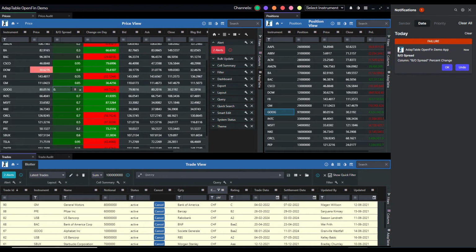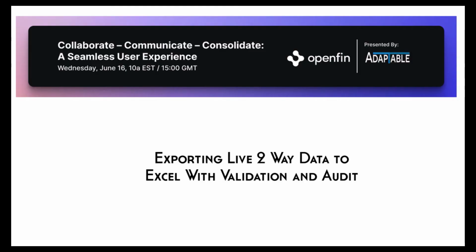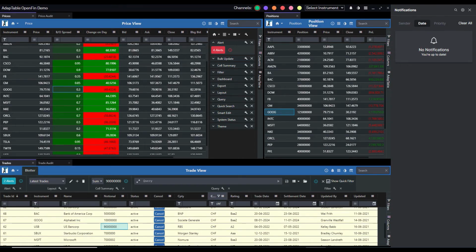Let's do it again. It's 0.3. Make it 0.8. That triggers the alert. There's our alert. OK, undo. Click undo, and 0.8 jumps back to 0.3. So there we are. We've created 3 or 4 different types of alerts, but all of them trigger as notifications with actions as well. The final area of integration between Adaptable and OpenFin we're going to look at is regarding